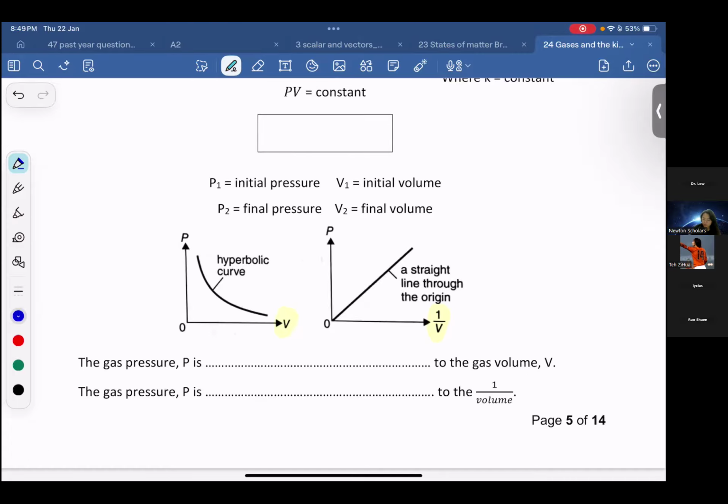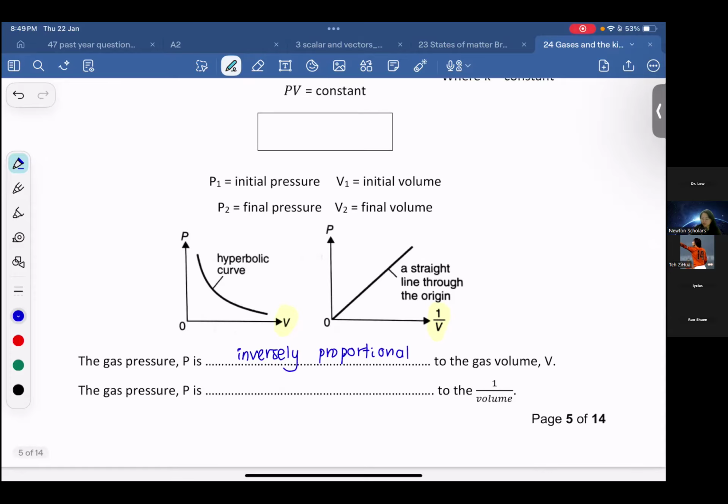This one, a curved one, is called inversely proportional to the volume. If it is a straight line passing through the origin, in the first lesson I did mention this. Any of you still remember what this relationship is? P is what to 1 over volume? Any of you can answer me? Angeline, yes, correct. Called directly